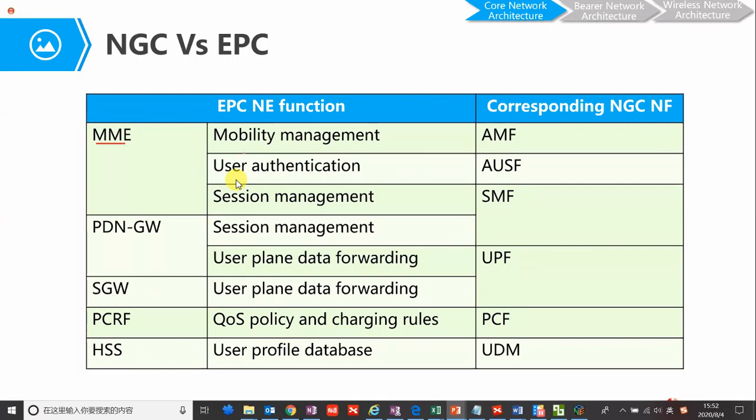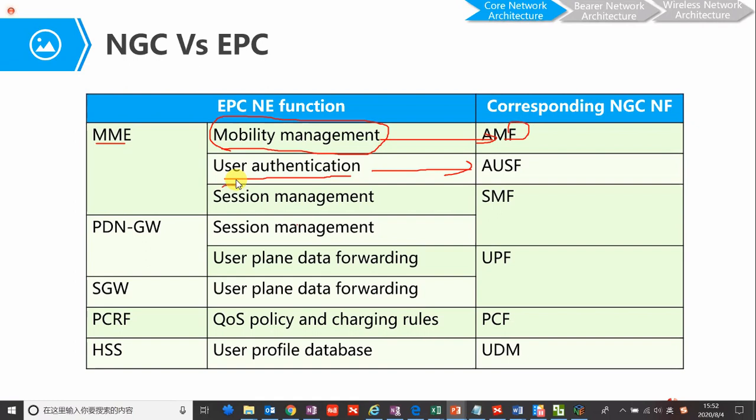MME mobility management to AMF, and user authentication to the AUSF. All network elements are functions. F means function.